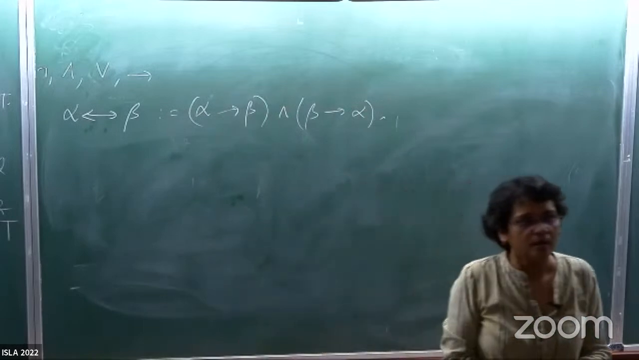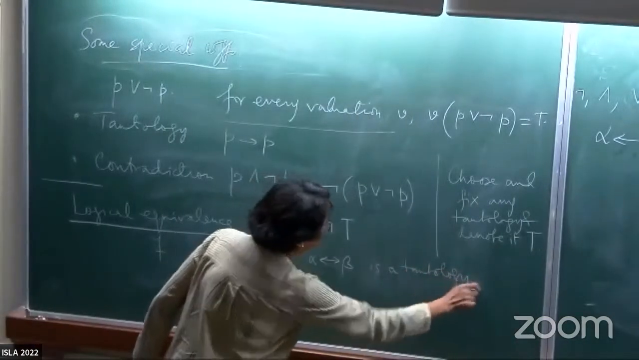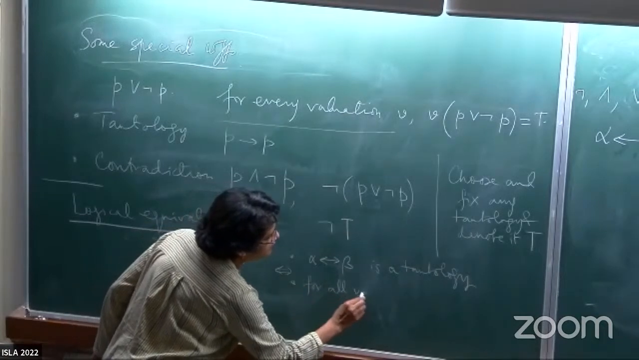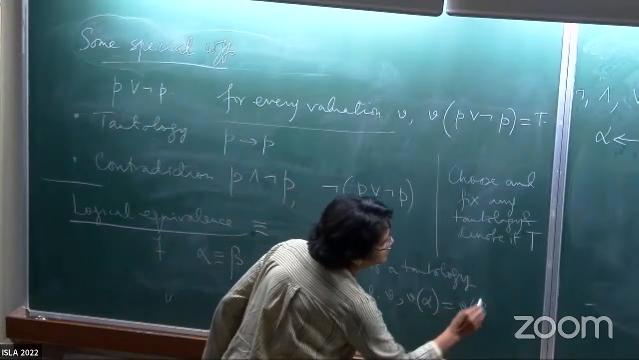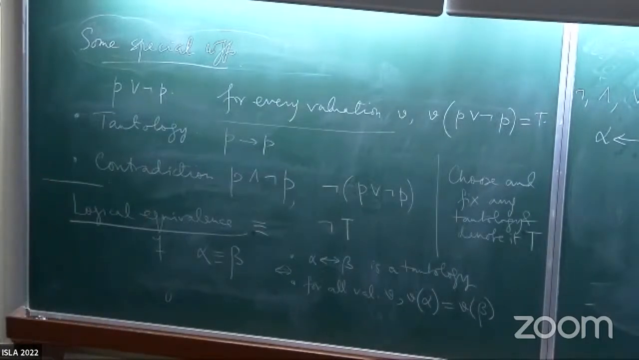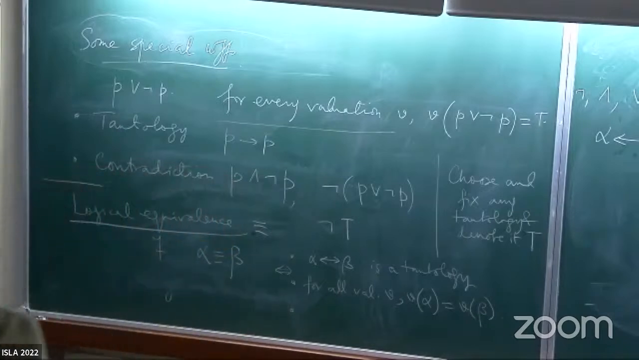All right. So coming back here, equivalently, for all valuations V, V of alpha must be the same as V of beta, right? So they are satisfied or not satisfied together. Fine. There can be a third way of putting this one, which is that one may be inclined to do this,